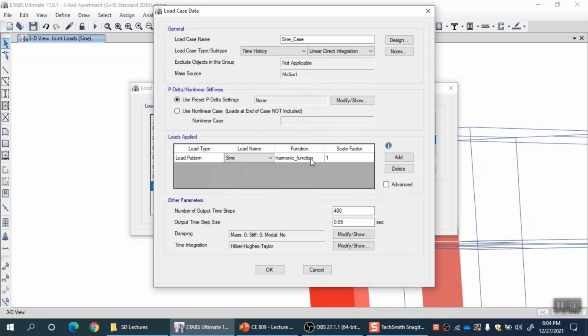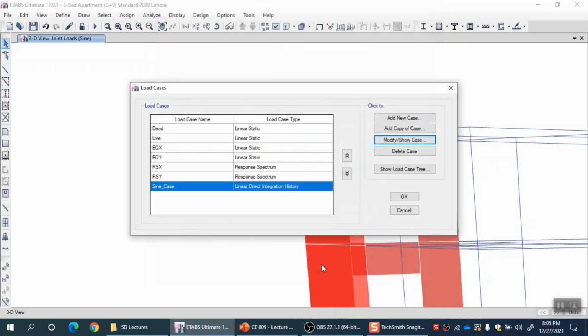But if you have, for example, harmonic load in one story, periodic load in second story, impulse load in third story applying at the same time, in that case you have to make three different patterns and add one point load in each of those patterns, define three different functions, and then multiply those patterns with respective functions to make their load cases, right.